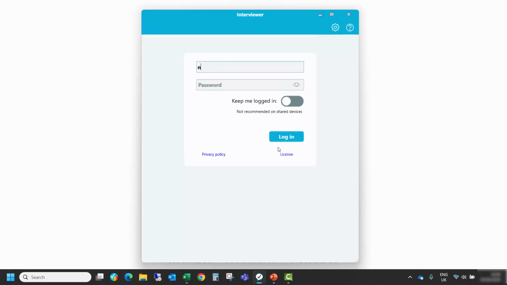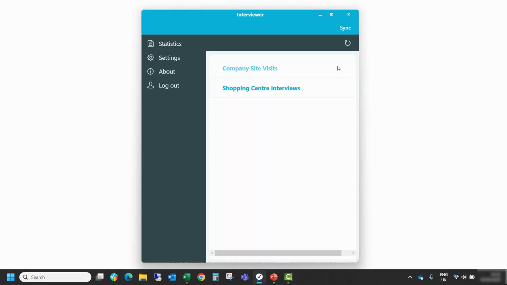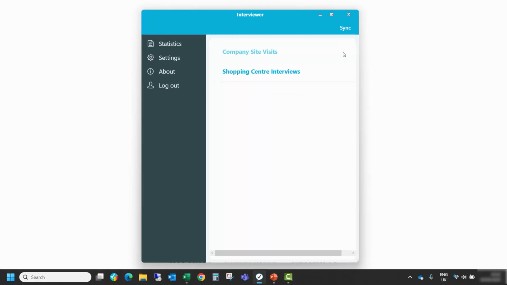I'll log in today as one of my training accounts, and I'm going to select the option to keep me logged in. You can see it's synchronizing with the server to check which surveys I have access to. At present, I have access to two, a shopping centre survey and the company site visit survey. If either of these surveys were stopped or paused, it would automatically be removed from the list next time I